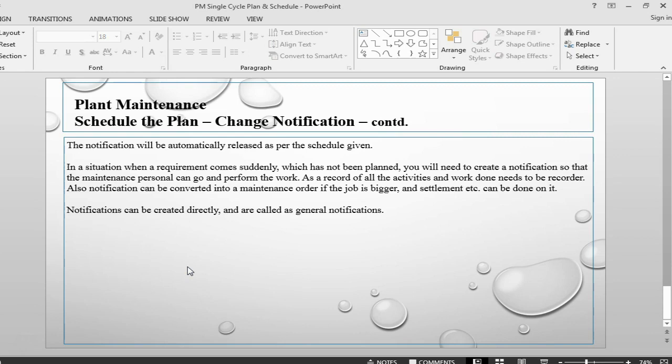So a notification was sent and the technician has gone and he has done the job. He has looked at the equipment, he has oiled the equipment, he has cleaned the equipment. So now the notification was created from a single cycle plan once we scheduled the plan. So there is a possibility that we need a